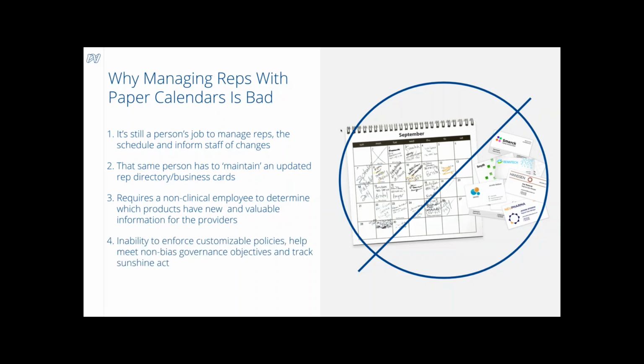And again, this person who's handling this calendar can't know every other appointment that rep or their teammates or that product has on the calendar and try to spread them out accordingly so that there might be new information each time. So it's just nearly impossible to enforce these policies that you may have in place,